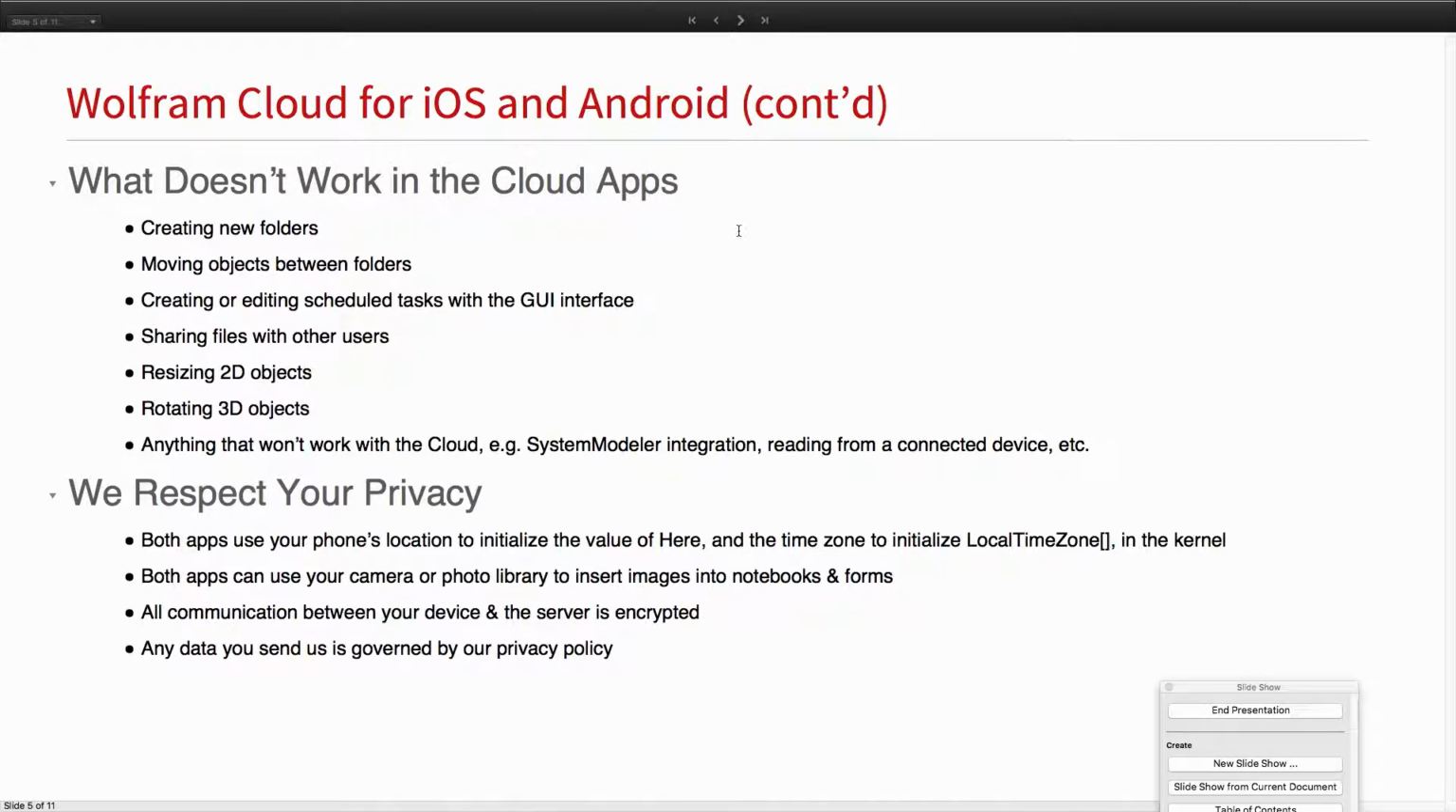We will also ask you for your camera or photo library permission in order to insert images into notebooks and forms. You don't need to give us that, but if you want to paste an image, you have to give us that permission. All communication between your device and our server is encrypted, and any data that you do send